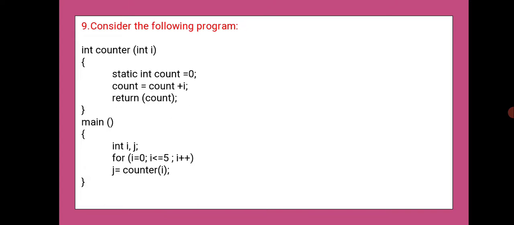Second call counter of 1, count equal to 0 plus 1. Third call counter of 2, count equal to 1 plus 2. So like that, 3 plus 3, and 6 plus 4, and 10 plus 5, sixth call counter of 5,